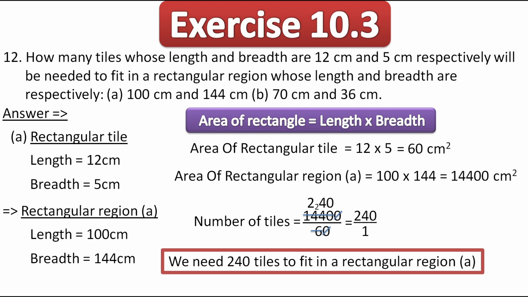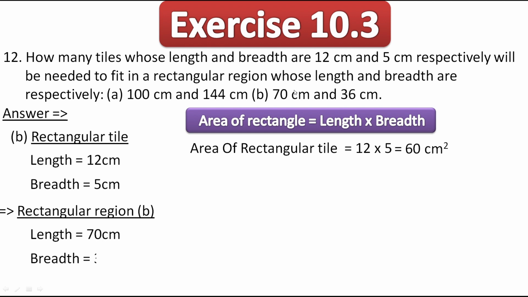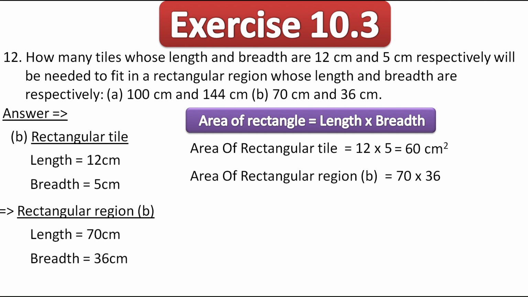First of all, we will keep this as it is because the same tiles we have to arrange. So let's find out the area of this rectangular region B, which has the length as 70 centimeter and breadth as 36 centimeter. So the area of rectangular region B is equal to 70 into 36, which is equal to 2520 centimeters square. Now let's divide